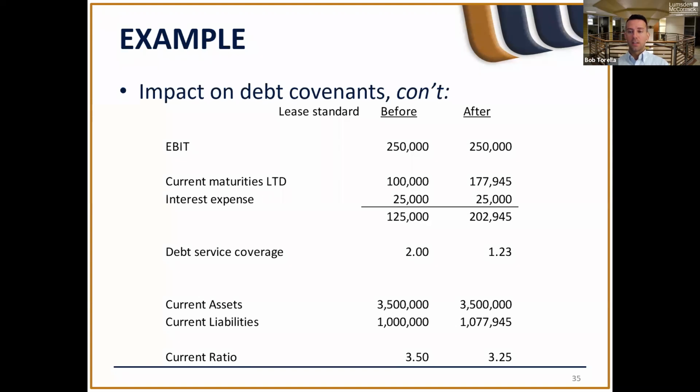Now let's talk to the bank. Is there a waiver available? Things of that nature. Similar, you could see the impact on your current ratio. Before implementation, you're at 3.5. After implementation, you're at 3.25, so dropped 25 basis points. Again, the covenants are still met in this situation, but you could see the impact that it can have on an organization